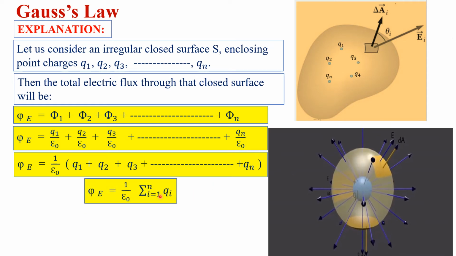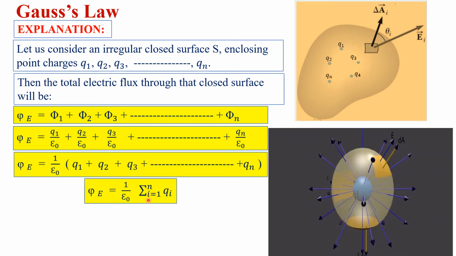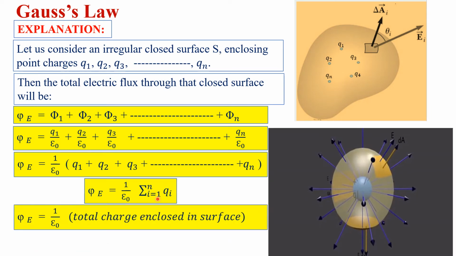We can use the summation sign to sum up all the charges, and we get phi E is equal to 1 upon epsilon naught summation i is equal to 1 to n Qi. Summation Q is the total charge enclosed in the surface. So we can write the total charge enclosed in the surface with capital Q. So we get phi E is equal to